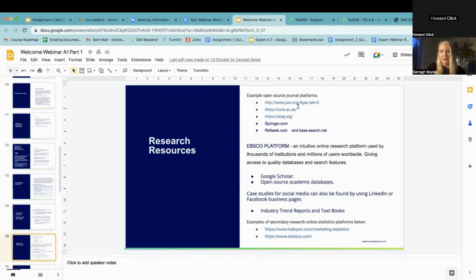Here's some of the information, some of the links we recommend. You can get the slides within the recording as well and click onto the links for some of these. These are just some recommended research resources in case anybody here has never done academic work before, just to make it easy for you, where you can find those academic sources and databases.